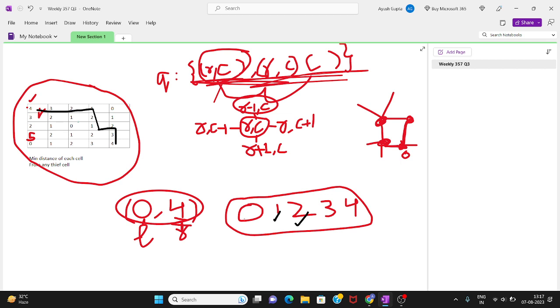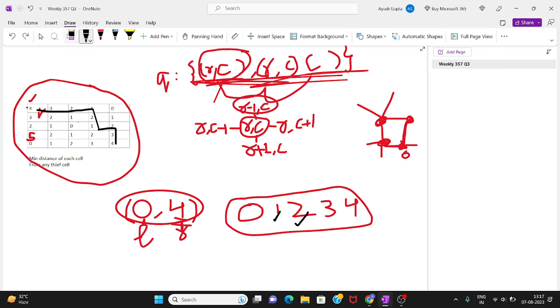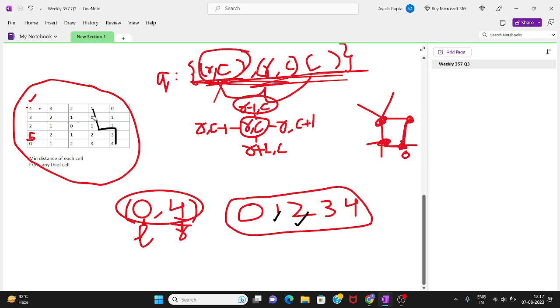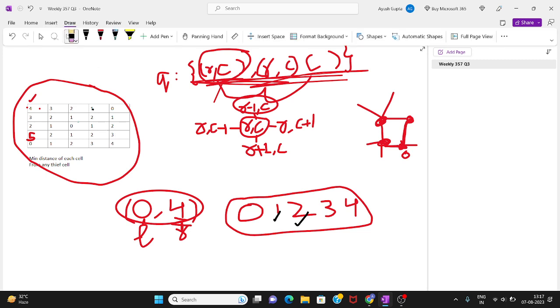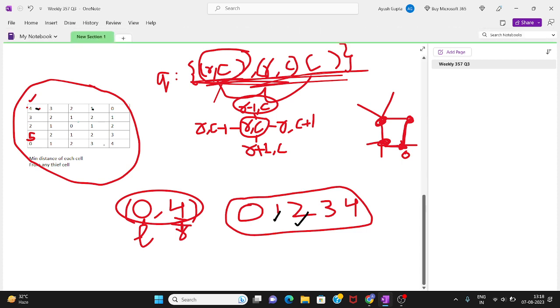Now can I obtain this 2 value? Let's see. You have to start from here and reach this destination position, and you have to make sure that every value that lies in our path must not be smaller than the targeted value that we want to achieve.